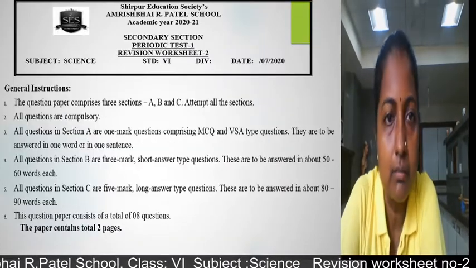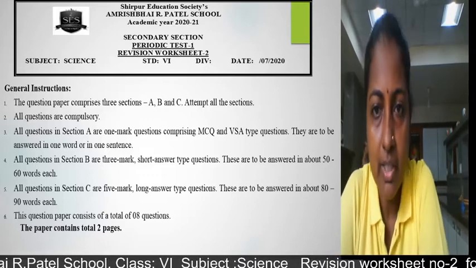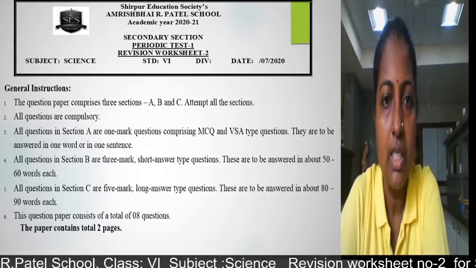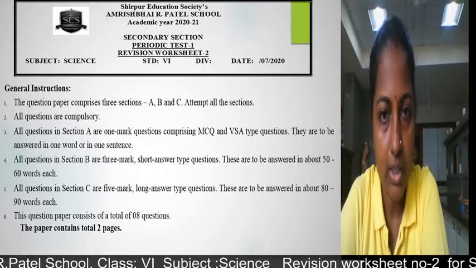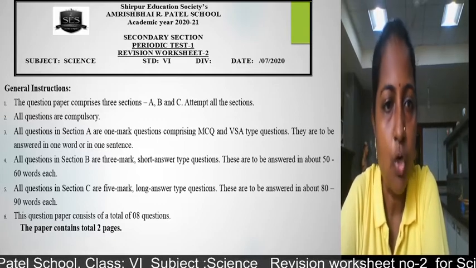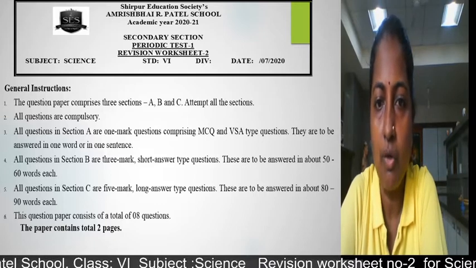Now let's see the revision worksheet number 2. As we have discussed in the paper pattern, 3 sections will be there. In section A, multiple choice questions and very short answer type questions will come, 1 mark for each. In section B, short answer type questions will come, and you have to answer in